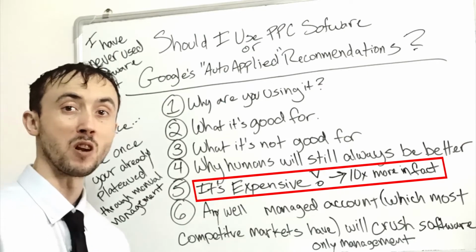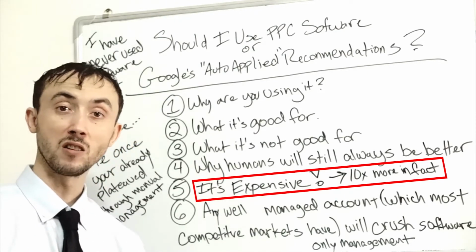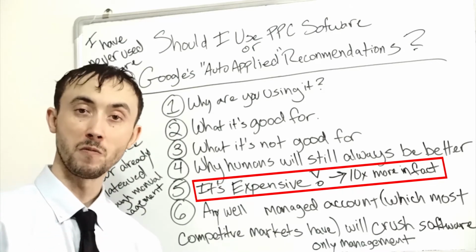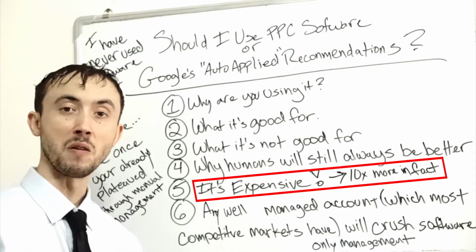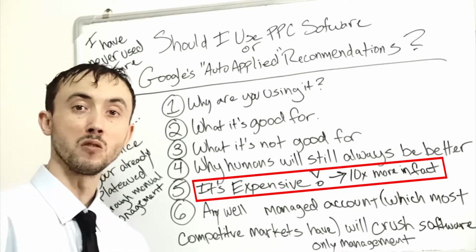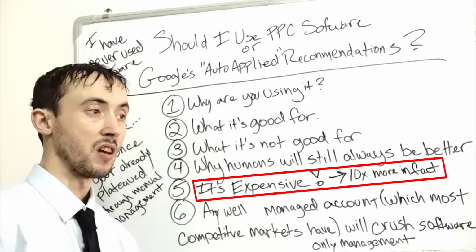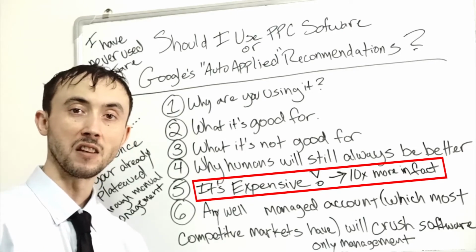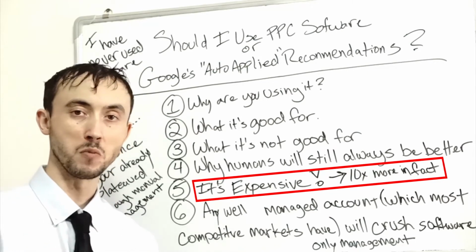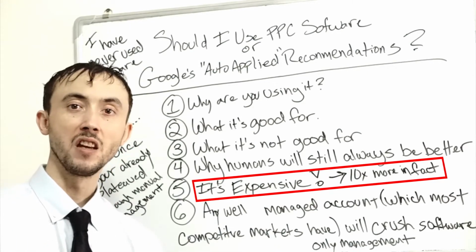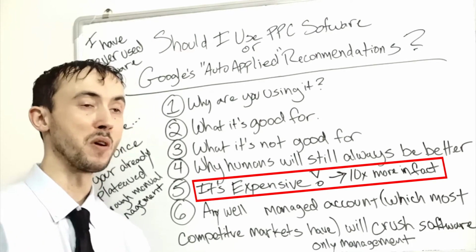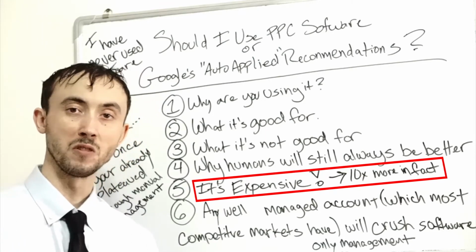It's very expensive running the software, if we're not excluding the management software fees, the monthly fees that you have to pay for that software. Because the software can only look at the data as is, and it can only test things in a linear format, where it's going to go through all the possible permutations of how to do something. It may try to draw some conclusions on its own, but for the most part, it's going to have to go through all the different scenarios to figure out what works.